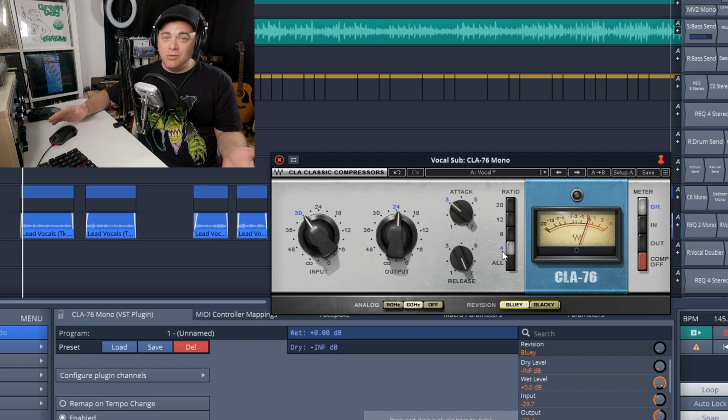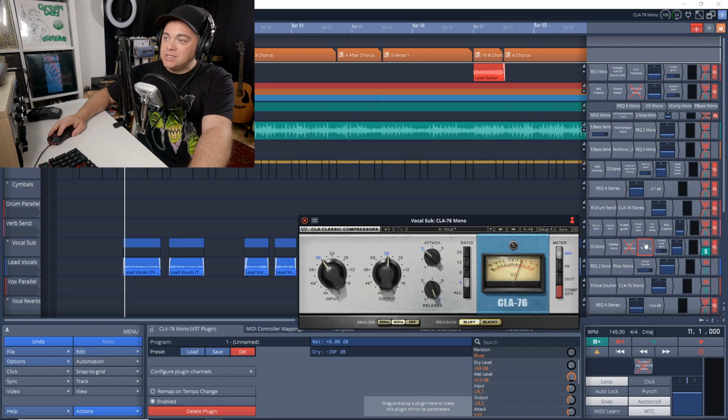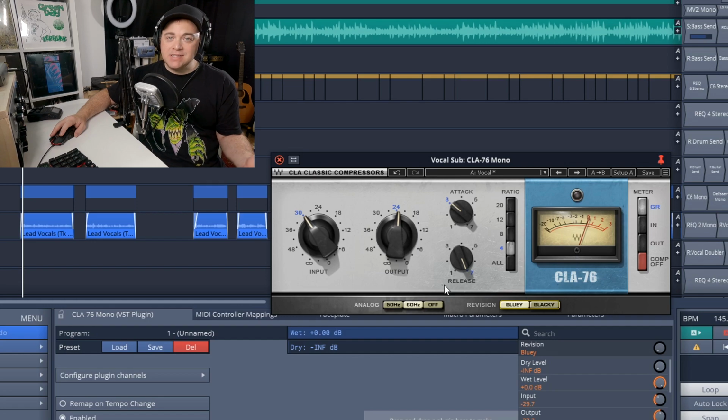Now, why do I use the plugin if I have the hardware compressor? Well, that's because I only have one hardware compressor, and this can do stereo. I can put it all over the mix if I want. As you can see in this project here, I have one here, here, here. I have them all over the place in the mix. And one of the things I really like about 1176 compressors is they're really easy to dial in and use. Plus, this one can give you a nice sort of analog flavor to it.